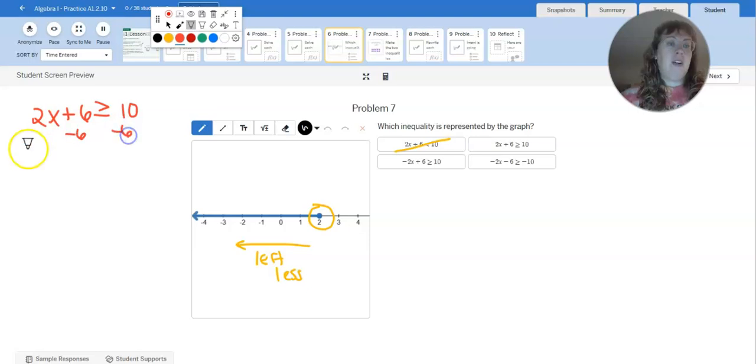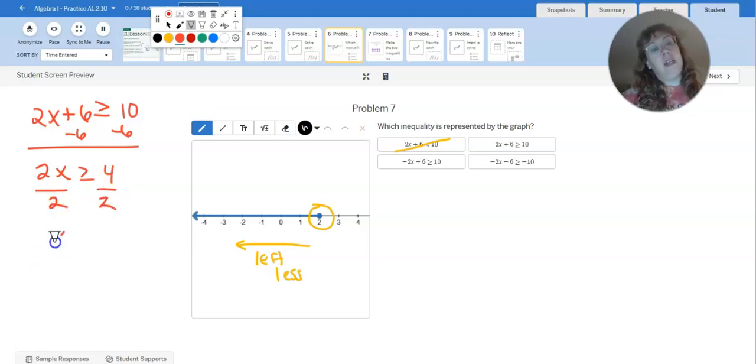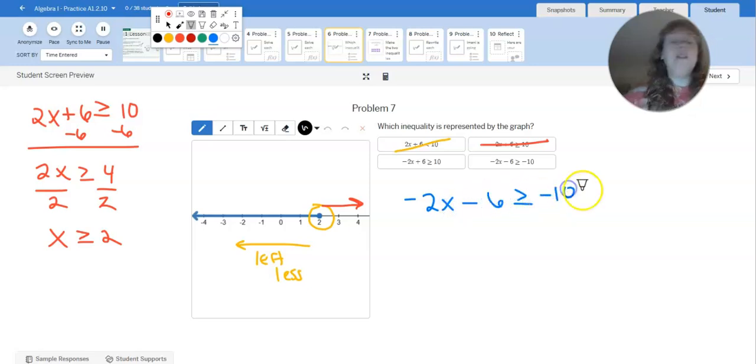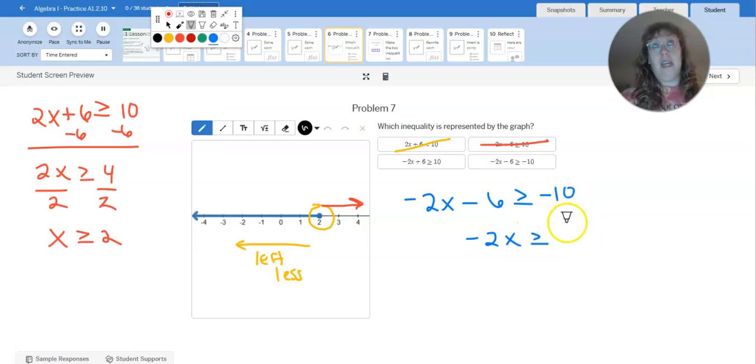So we could subtract 6 on both sides to get 2x is greater than or equal to 4. Divide everything by 2 to get x is greater than or equal to 2. So this would have a closed circle on 2, but it would be going to the right, so it cannot be that option. Let's try the one underneath it. Negative 2x minus 6 is greater than or equal to negative 10. If we add 6 to both sides first, we'd get negative 2x is greater than or equal to negative 10 plus 6, which is negative 4. Divide both sides by negative 2, flip that sign, and we get x is less than or equal to 2,